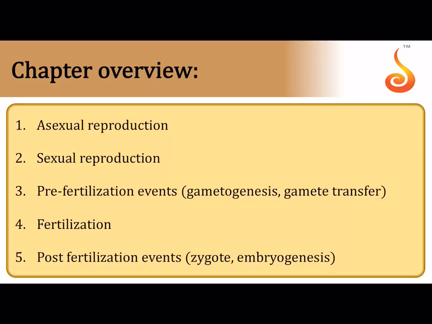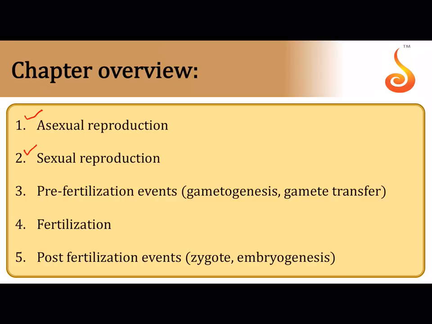Our main focus will be regarding the basic aspects of reproduction. So, first we will learn about the process of asexual reproduction. What is the meaning of asexual reproduction? What are the different types of asexual reproduction? Okay. Then we will move on to sexual reproduction. And how is sexual reproduction different from asexual reproduction? And what makes sexual reproduction more unique? And is it advantageous? And how did organisms adapt to the same?